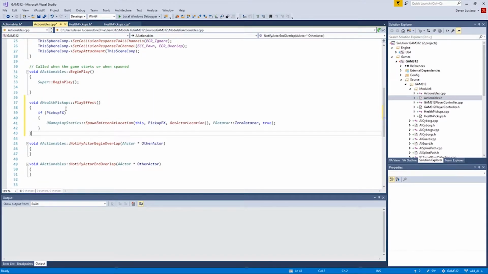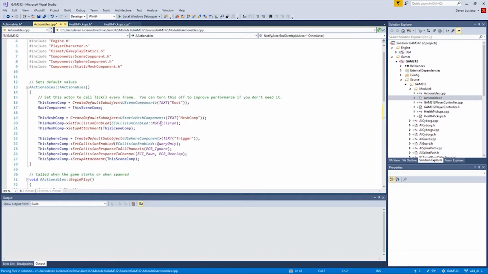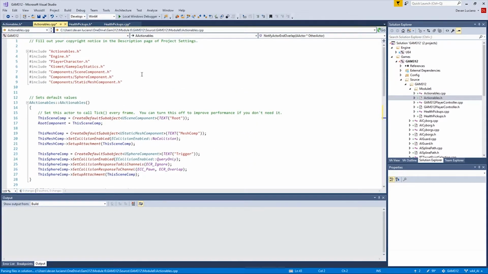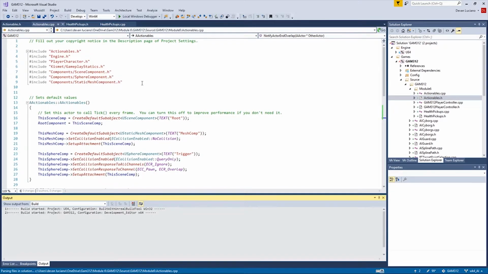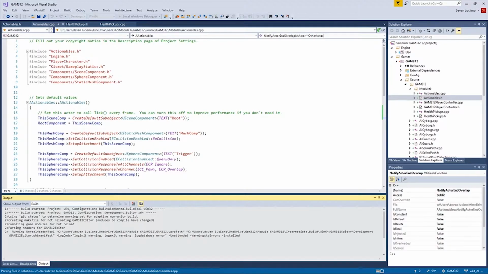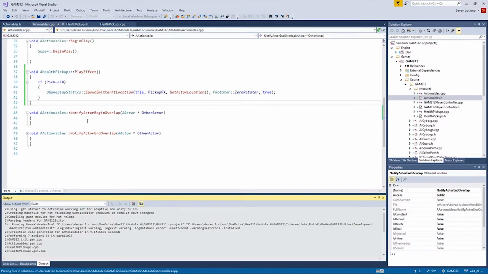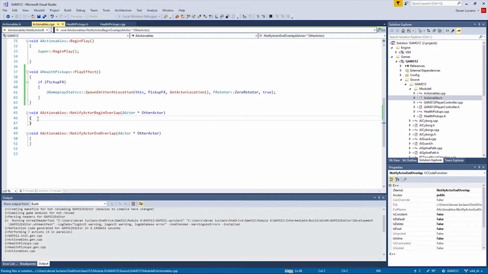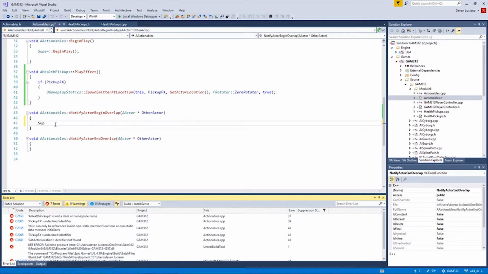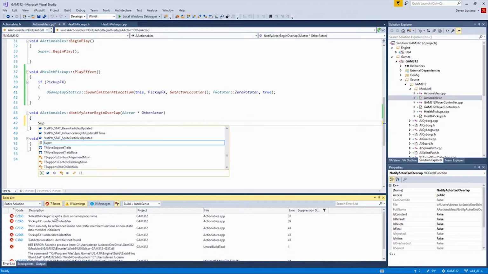Right there. Like so. And if we look up on top, we already have Kismet there, so that should be good. Let's just compile and save just to be safe. Typically with copying and pasting, I forget something. While I wait, I see I did miss the supers here, so I'll start adding those in. Oh, hold on. Yep, I forgot the namespace,